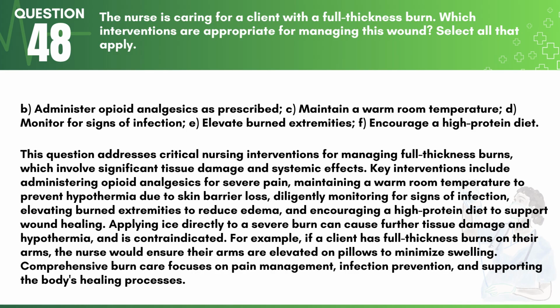Answer. Administer opioid analgesics as prescribed, maintain a warm room temperature, monitor for signs of infection, elevate burned extremities, encourage a high-protein diet. This question addresses critical nursing interventions for managing full-thickness burns, which involve significant tissue damage and systemic effects. Key interventions include administering opioid analgesics for severe pain, maintaining a warm room temperature to prevent hypothermia due to skin barrier loss, diligently monitoring for signs of infection, elevating burned extremities to reduce edema, and encouraging a high-protein diet